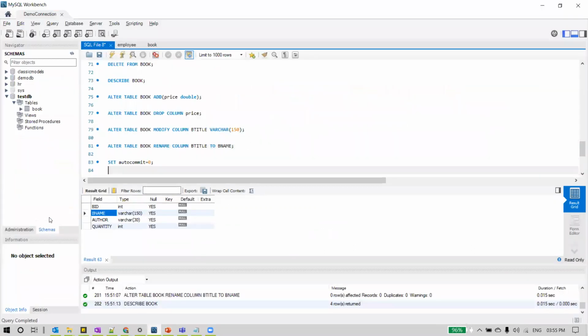In MySQL, there is a setting called autocommit, and by default it is set to 1. So autocommit equal to 1. What does that mean? When you are running DML commands in MySQL, or in any other database, there will be two states: autocommit on or autocommit off.